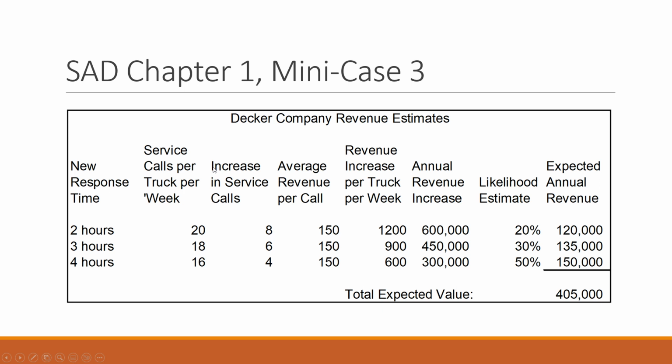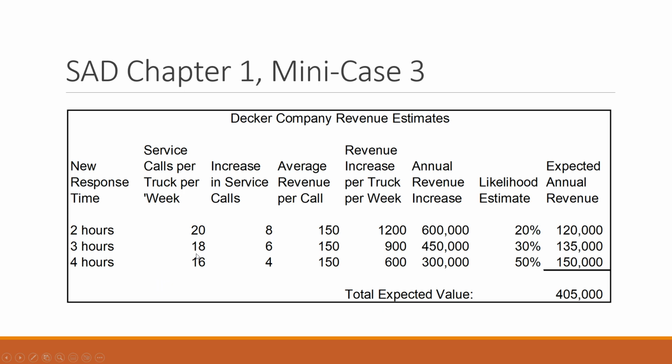What they're saying is, well, we are putting in this system and we're going to change the response time in service, but we don't know whether it's going to improve a lot to only 2 hours. I think in the book it was currently 6 hours or something. Or maybe after the system it's only going to improve to 3 hours, or perhaps it's going to improve to 4 hours. But we'd like to come up with, okay, well, what's the value of the project? We're not going to see that result till after we do it. So we go back and we're going to do this